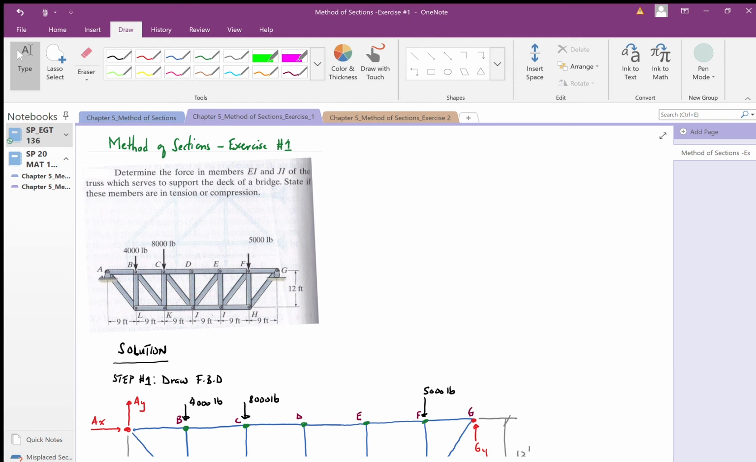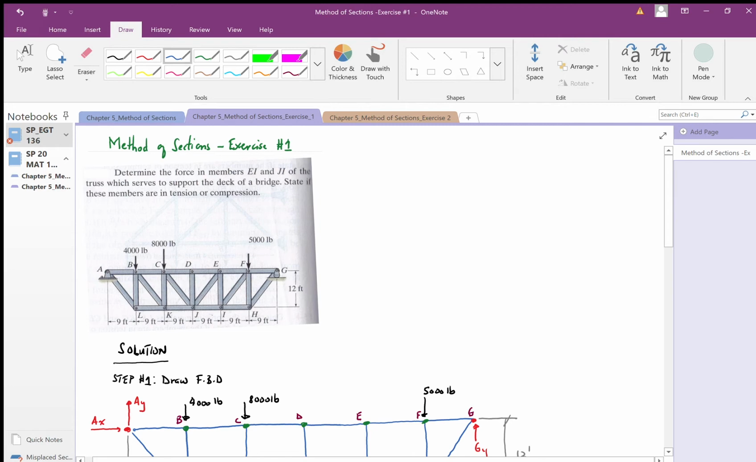Okay, good morning, class. Let's move forward with another component of chapter 5. We're dealing with the method of sections. In your textbook, this section starts from page 239. The idea about the method of sections is that you are trying to analyze